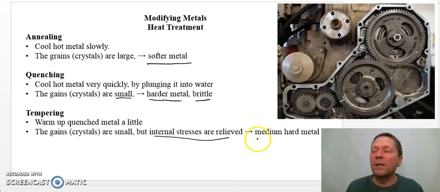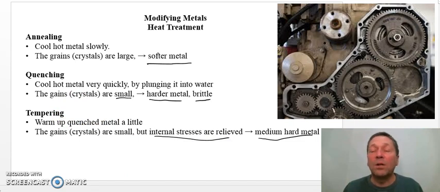So what we get is a metal that's medium hard, and it's strong but not brittle. And so you can imagine that if we had maybe parts in an engine, here's some big cogs in this engine and some small cogs. We don't want those to break, but we don't want them to bend either. So we want it both fairly hard but not brittle. And so a lot of these engine parts, they get heat treated by tempering, and that gives it the correct